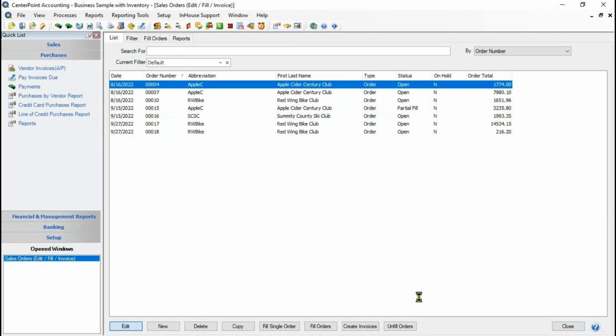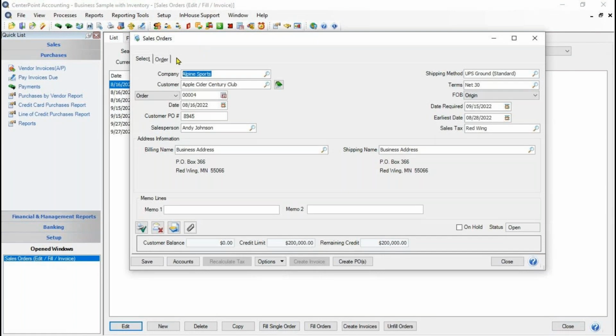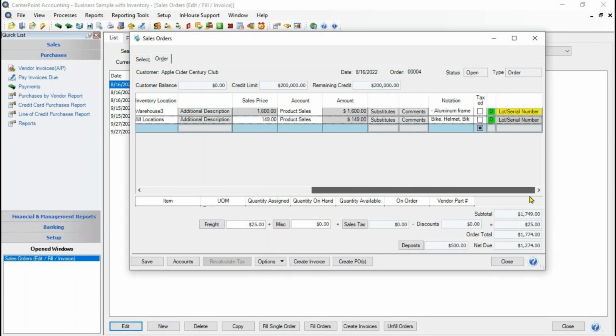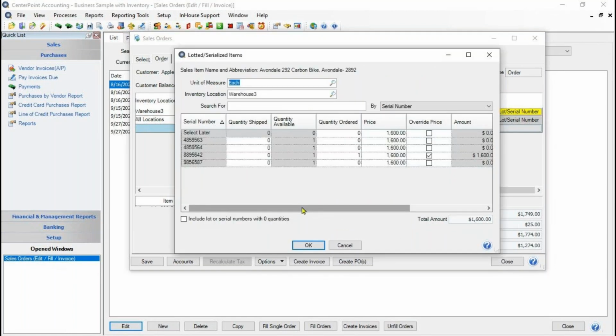Now the one that I am selecting also happens to have serialized inventory on it. So when you're filling an order that has serialized inventory on it, there is one other step you need to be aware of. If I am manually filling this order, on the items that are not serialized, I simply need to put in that line how many were shipped. On the items that are serialized, we need to make sure that we select either the lot or the serial